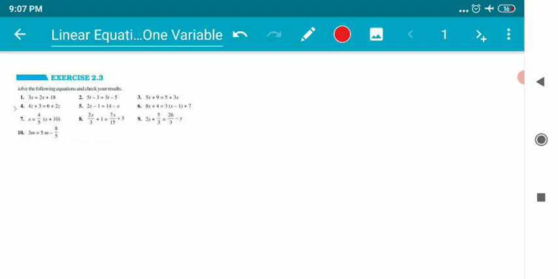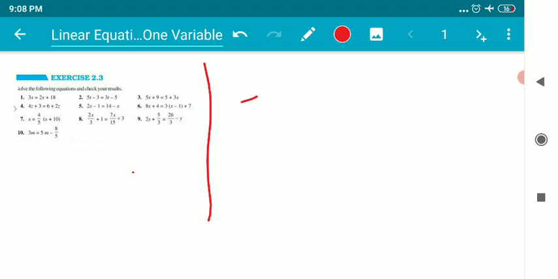So right now, in this particular video, we will discuss exercise 2.3, in which we have to get the answer by solving the equations, in which we'll find the value of x or any sort of variable which is given. So let us start the first question, children. The first question is